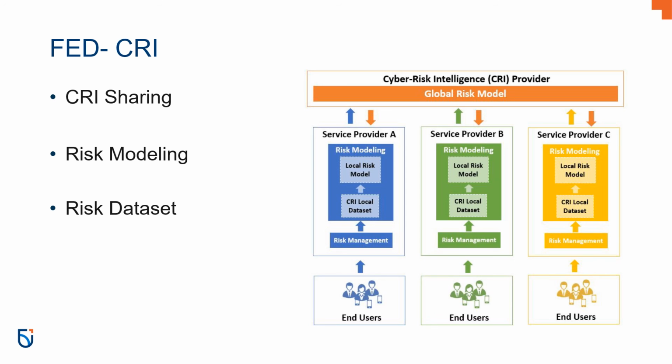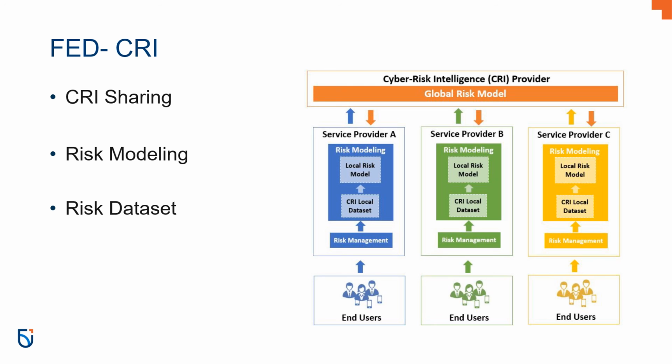It has three stages, we can say: CRI sharing, then risk modeling, where they develop risk models for mobile platforms utilizing deep learning networks and risk indicators, and the overall approach allows effective detection and modeling of cybersecurity risk on mobile platforms. Then the risk data set: together with the industry partner, they collect a real world, large scale risk data set, evaluated on 23.8 million users, which is what the research by the authors is about, and it covers